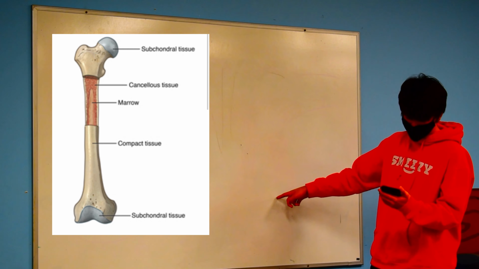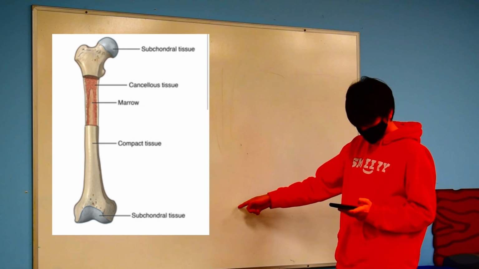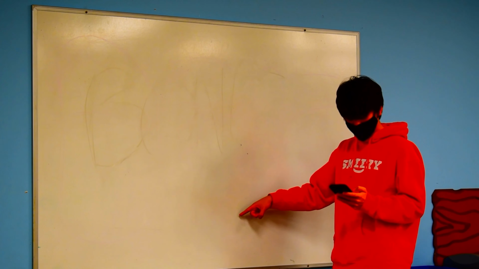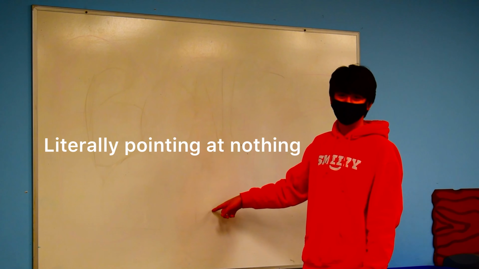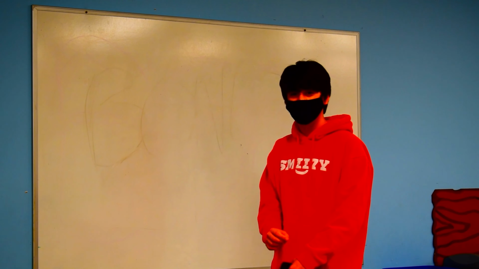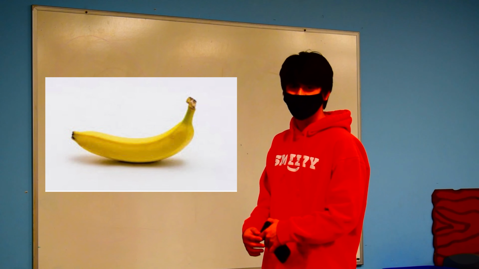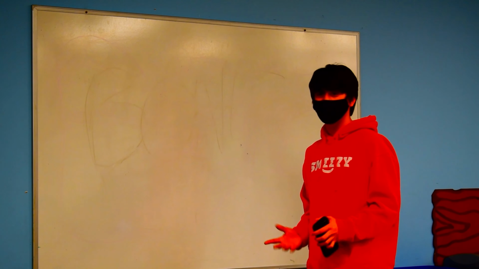Next, subchondral tissue. Now, let me tell you about the subchondral tissue. Oh, it is so cool. It is the layering on the outside of your bone. That's what that is. Like a little thin, like a banana, and they have the banana peel. It's not that. It's not that thick. Think of it more like,